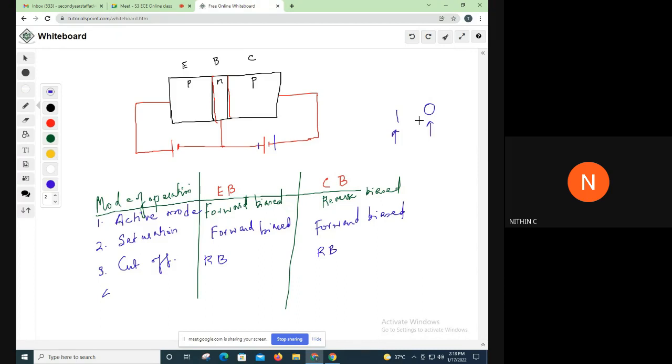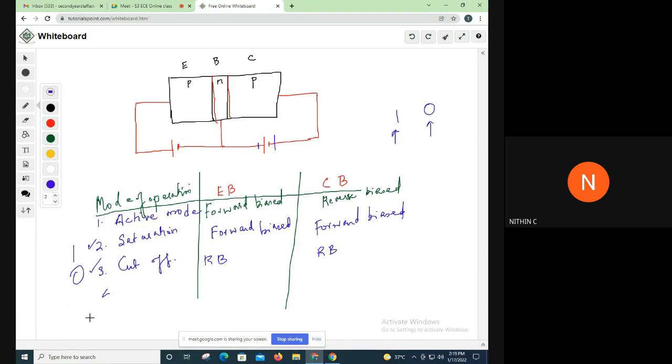Since most of the circuits we currently use are digital circuits, they work on ones and zeros. To create ones and zeros, we need the help of the transistor. As mentioned, a major application of the transistor is the switching operation. In which modes does a transistor act as a switch? In the saturation and cutoff modes. A transistor can be used as a switch when it works in saturation and cutoff mode. In saturation you get the on, and in cutoff the off, so you get the on-off switching process in a transistor.